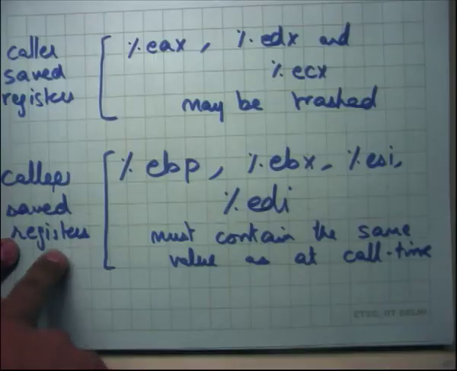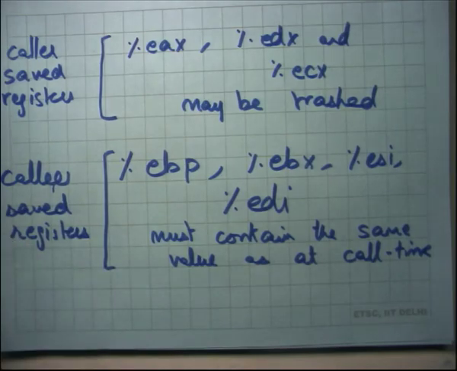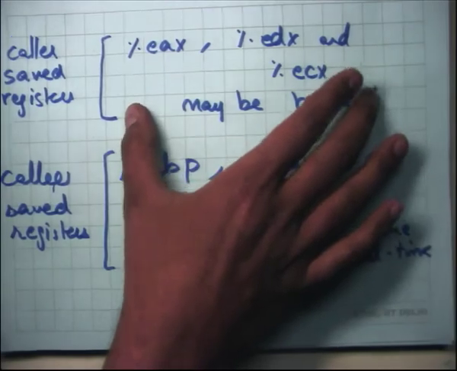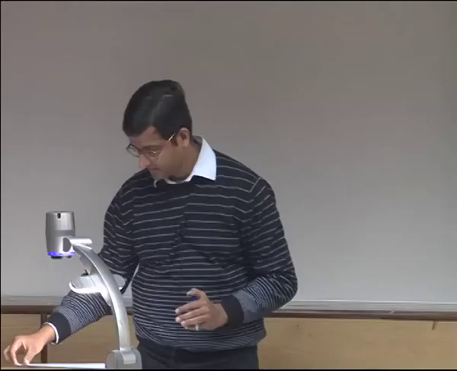In your homework, we'll ask you a question on why do you need separate caller and callee save registers? Why does it make sense to say that some part of the registers should be saved by the caller and some part of the registers should be saved by the callee? Why can't we just say all registers should be preserved, in which case all registers become callee save registers? Or conversely, we could have said all registers can be overwritten, may be trashed, in which case all registers become caller save registers. Both these are options, but compilers usually take the middle path. Half the registers are caller saved and half the registers are callee saved. Something to think about. We're going to discuss that later.